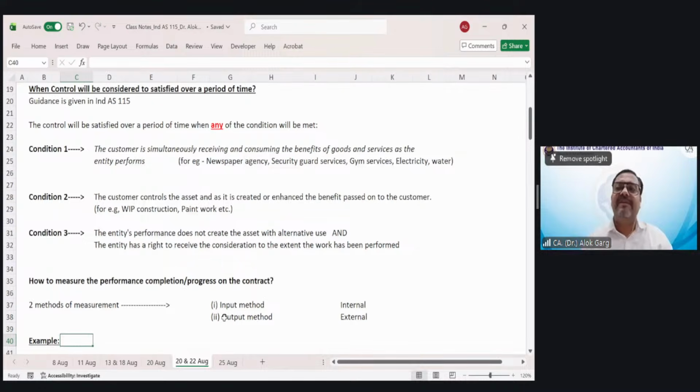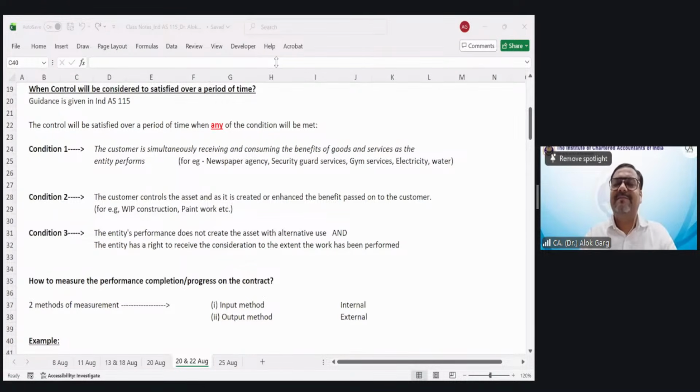But if you take a monthly subscription, or let's say an annual subscription, it will cost you 1200 rupees annually. Sai Kiran, if it is 1200 rupees annually, how much revenue will you recognize on a monthly basis by sale of newspaper? Per day, if you buy only one newspaper on a particular day, it will cost you 5 rupees. But if you take a subscription for a year, it will cost you 1200 rupees. So how will you recognize your revenue? Tell me. Will you recognize revenue after a year, or on a daily basis, or on a monthly basis?